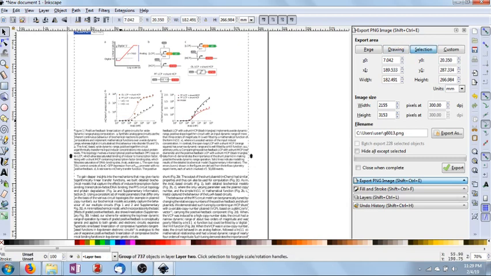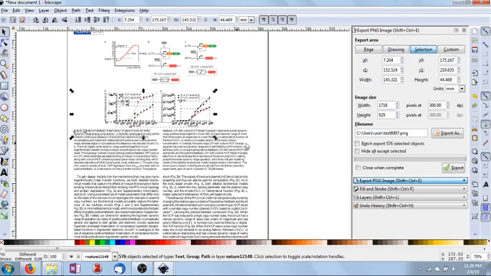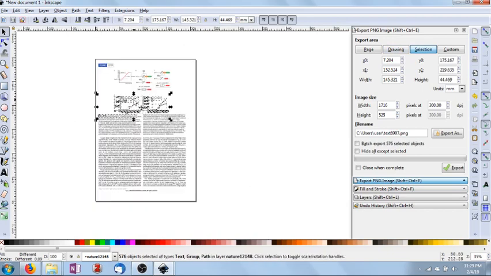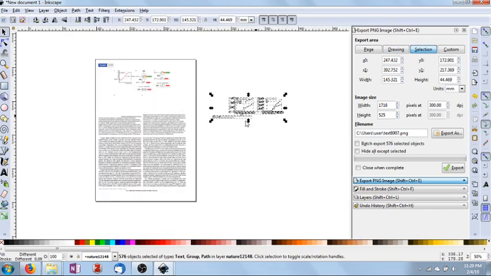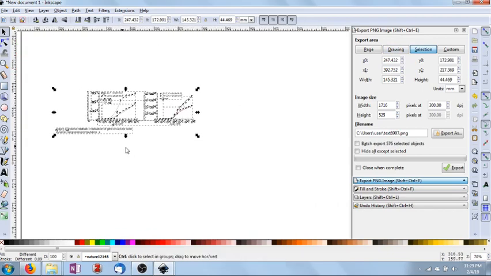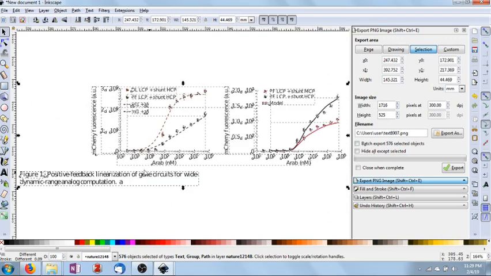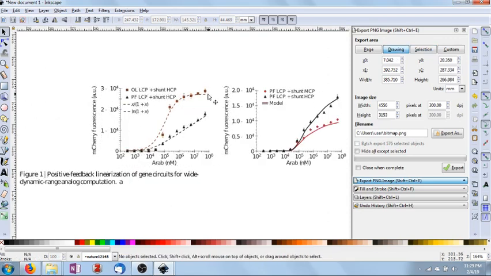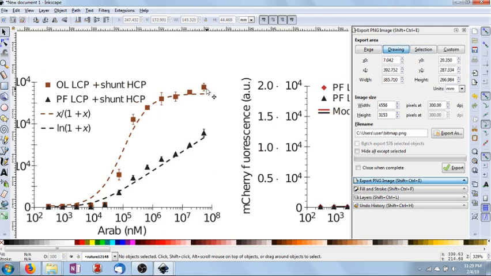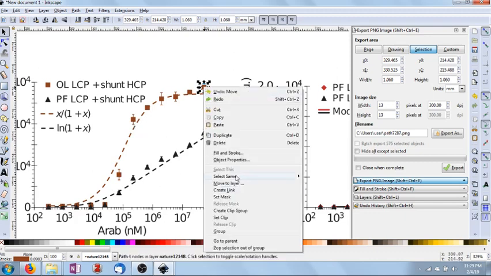If I double click, I enter the group. I can select objects within this group. I select these two things, move them across. Let's ignore the rest of everything. Press 3 and zoom into it. So I take these graphs. I have this point. I want all the brown looking points here, and I want to change the shape to circle, let's say. So one easy thing I can do is, if I right click, select same,